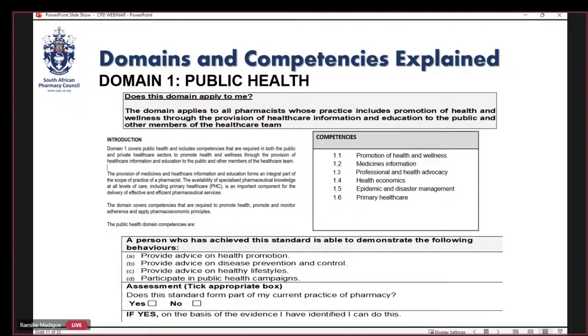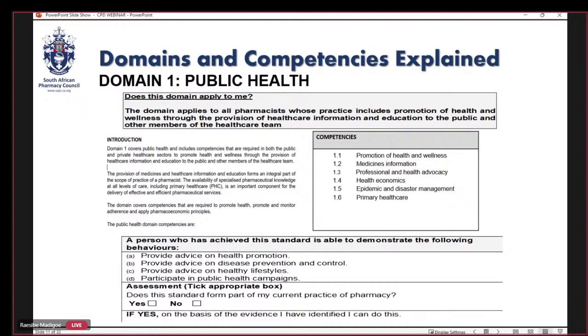If you're working in manufacturing, you still need to provide information on the kind of medication that you are producing. So the competencies in here are promotion of health and wellness, medicines information, professional